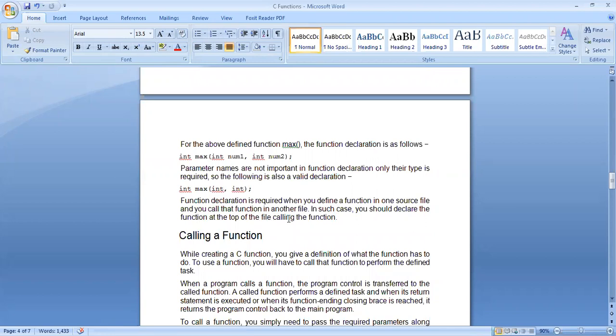Suppose you have two programs saved as separate files, A and B. In A, you have defined this maximum function, but B is another file where you want to use this function, which is present in file A. So you will have to declare the function at the beginning of the B file to be able to use it in your program. That is what a function declaration is.